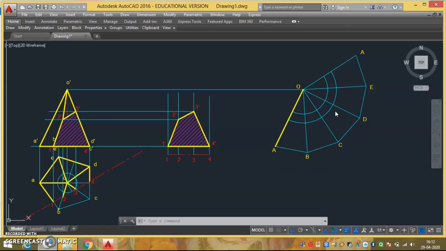Now coming back to the arcs we have drawn. We have drawn this arc for point number 3, so I can mark point 3 on line OC. The OC line is here and the arc is this one, so I can mark the 3 point over there. Then similarly the 2 point is for OB. OB is here and the arc is the lower one, so I can mark that 2 point up there.